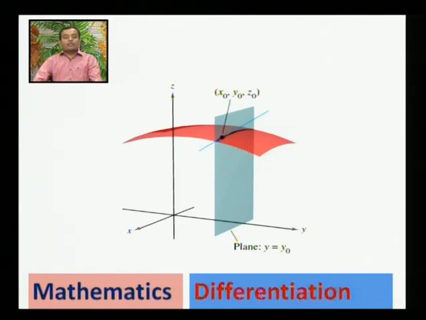At that point we are finding f_x, that is the partial derivative of f with respect to x. You can see we have taken y equal to y0, that is, we are treating y as a constant because we have taken it to be y0. For the derivative of f with respect to x, there is a blue line given in the figure, and that is nothing but the tangent to the black curve, and the slope of that line is f_x evaluated at (x0, y0).